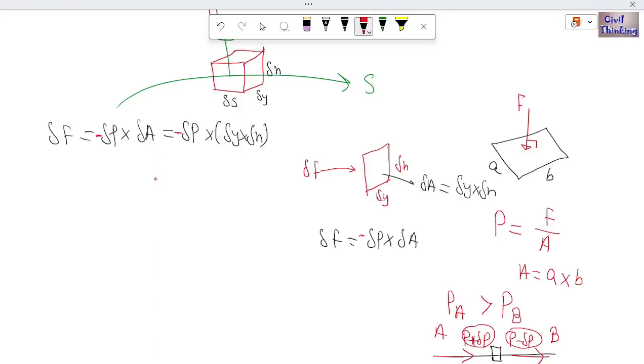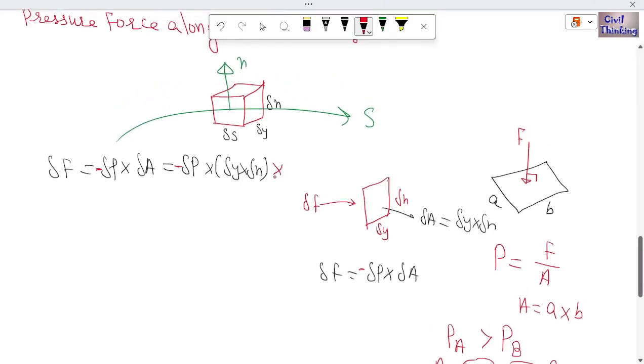In order to convert this area into volume, I am going to multiply with the volume, delta N times delta Y times delta S. So I will multiply with delta S and divide by delta S, that is the same thing. Delta S will cancel out, so we have delta F equal to negative delta P by delta S times